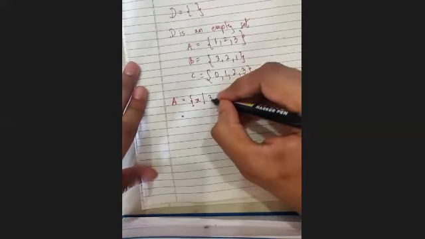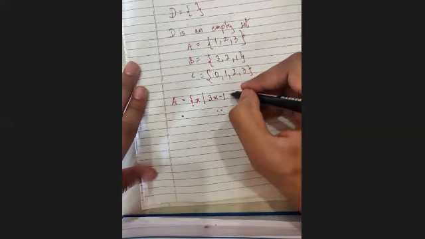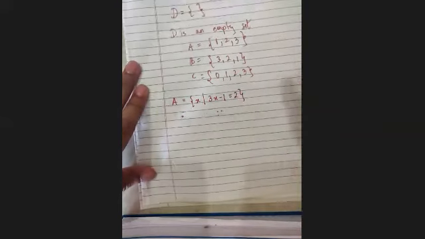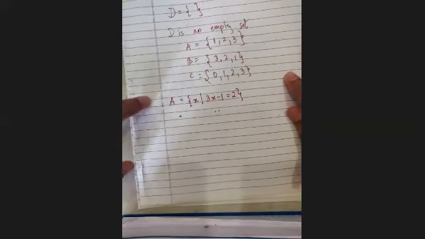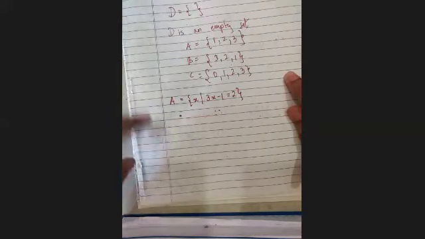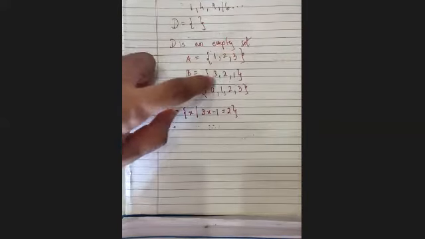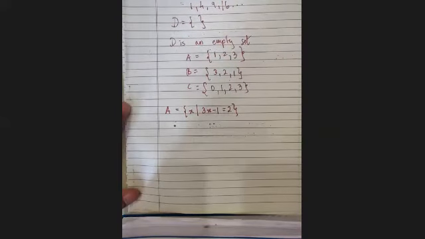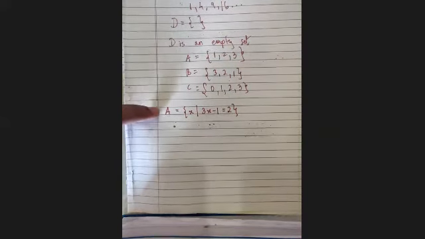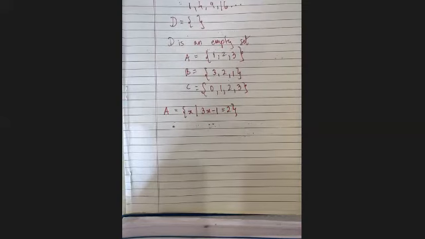Yes, sir. So right now what they're doing is they're giving us 3 sets, A, B and C, but they're giving us in set builder form. Each one looks different. So to check, we'll have to convert them into roster form and check whether they're equal or not. Okay? Okay, sir. Now, can you read this for me? Yes, sir. A is equal to set of x. No, such that. We don't say equal to. We say A is a set of.